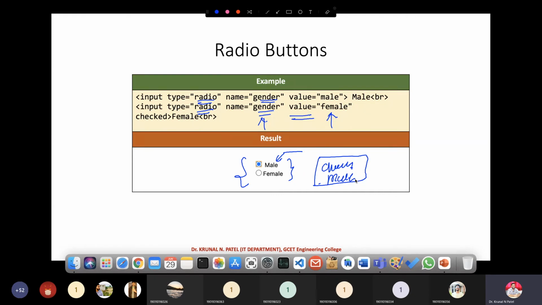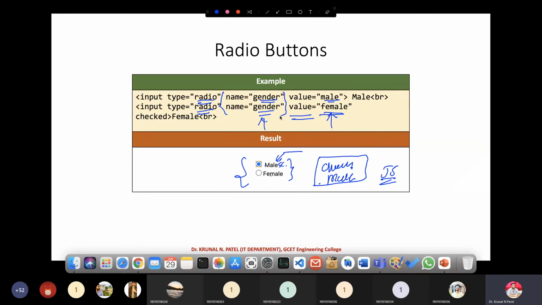At that time I need to write JavaScript logic and compare whether my selected text is male or not. So the value at that time I'm going to compare, right? That's why you have to write the value for a specific selection. But the name should be the same to make it a group.